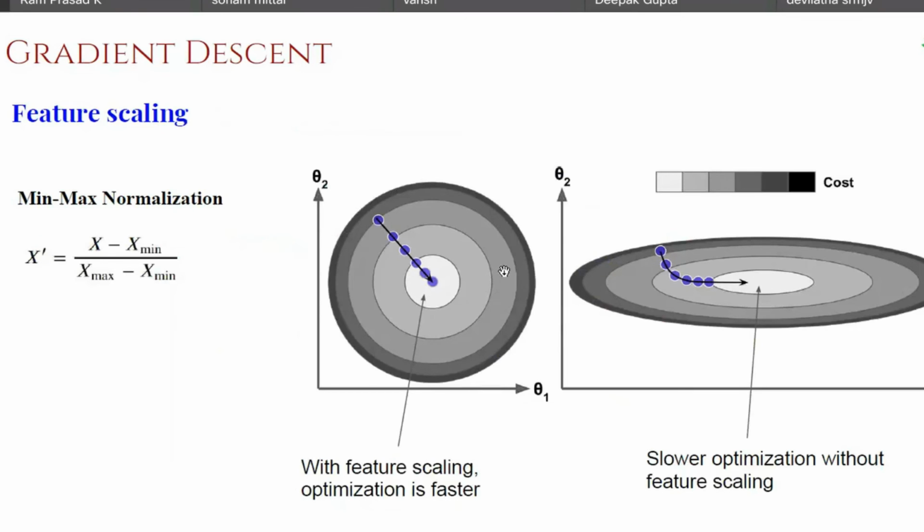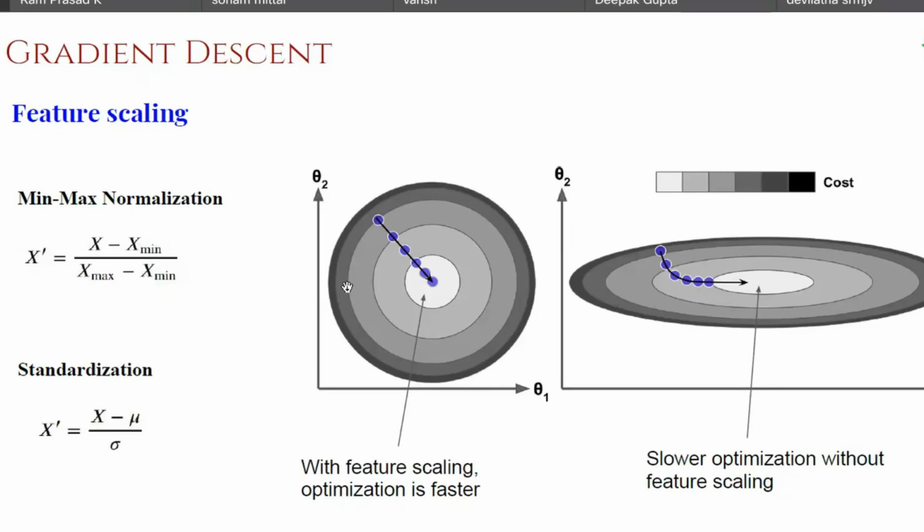Another important thing, called feature scaling, is relevant in machine learning practice. There are two types of feature scaling concepts. One is called min-max normalization. The other is called standardization. So what are we trying to achieve using feature scaling? The intuition is this. Say, for example, you have 3 attributes, or you are looking at 3 features for your specific problem. Let us call them x1, x2, and x3.